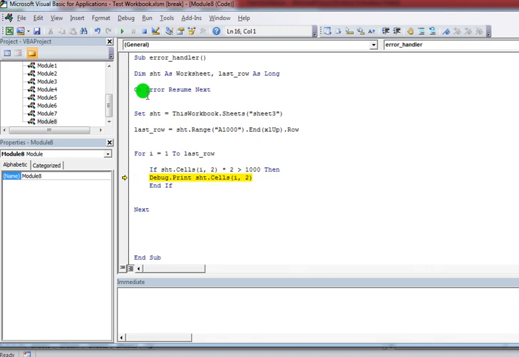When the error occurs in the code, it just ignores that line and goes to the next line. It simply ignores this line, goes to this line and prints it.